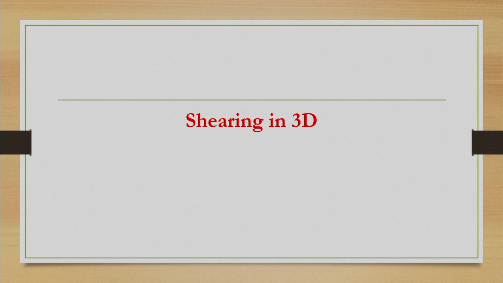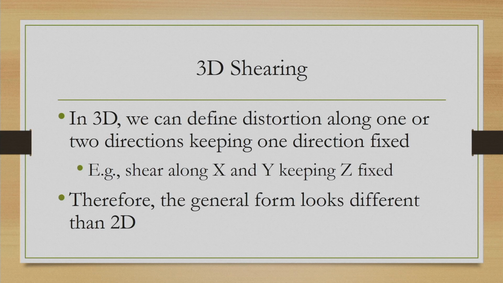So, let us start our discussion with shearing in 3D, then we will talk about the differences in rotation, and then we will see how to derive a composite transformation matrix for rotation about any arbitrary axis. Now, when we are talking of shearing, as we have seen earlier, we are trying to basically change the shape of the object. So, essentially to introduce some deformity in the object shape.